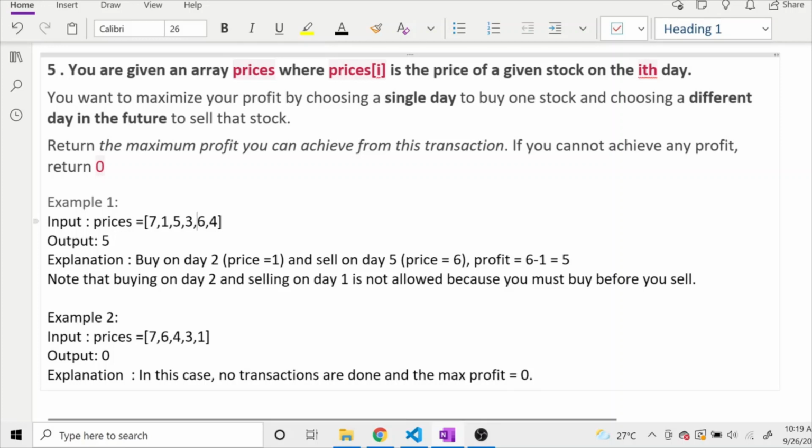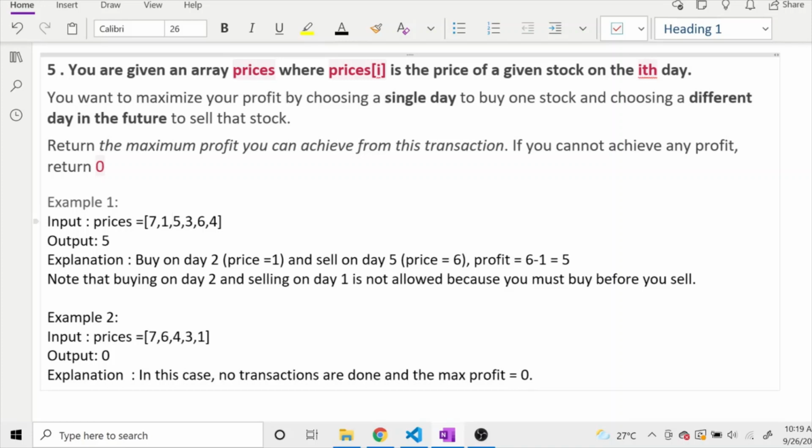So what we have to do is keep this maximum profit, and we have to check for all the days. That is, if on the next day we have bought the item for 5 rupees, and we are selling at 6 rupees, then we have got a profit of 1 only, but our previous profit was 5 rupees. So we will continue to keep this profit only. So let's code this problem.